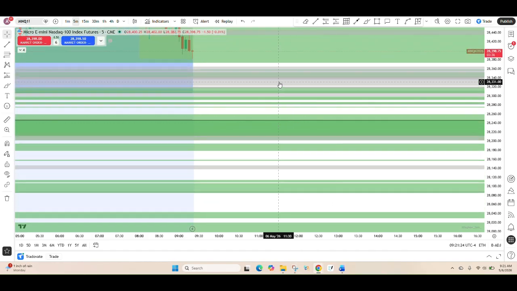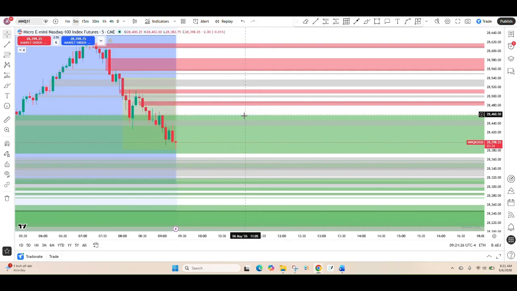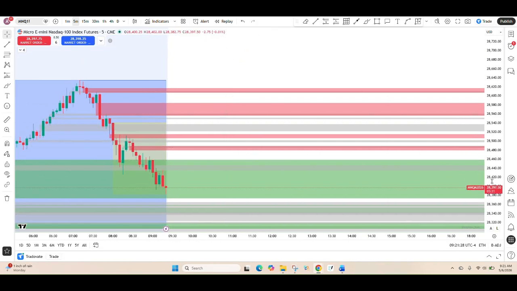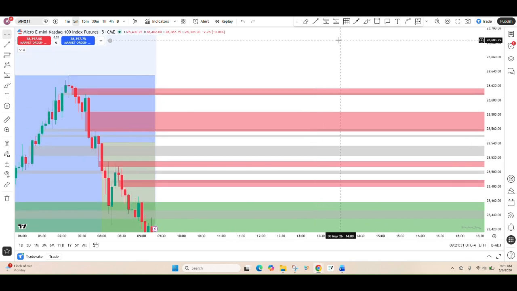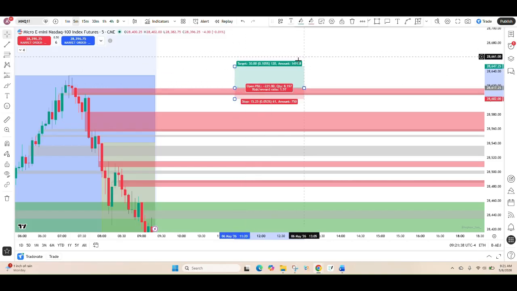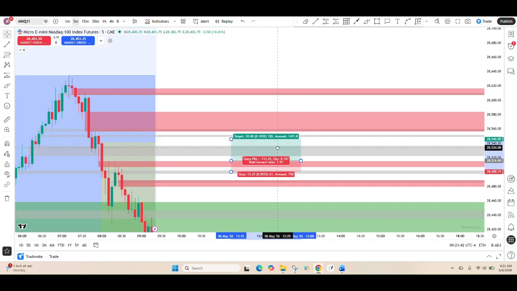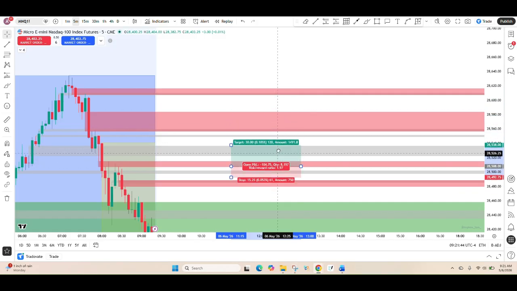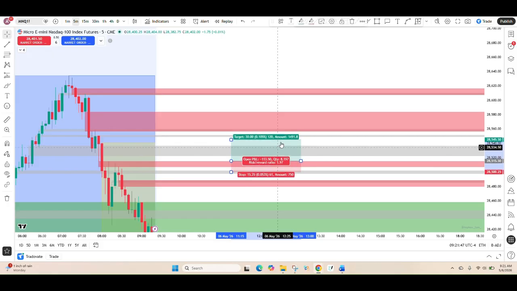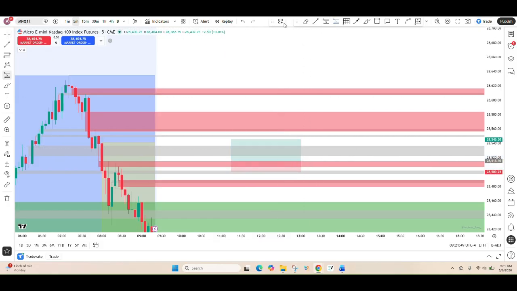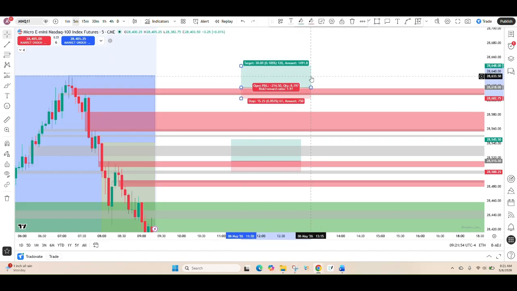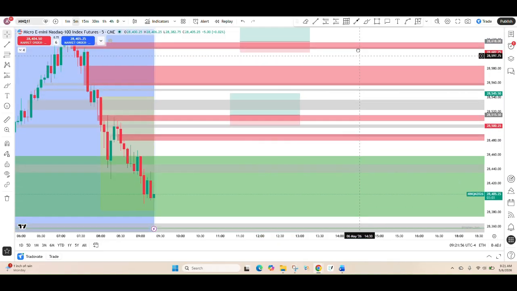On the 5-minute, we have a bunch of bearish fair value gaps. Let's see if we can get any of our entries there. All those are too short. Oh, that one we can do. Right, so we can do this entry right here. Or another long. We can do this one right here. So we have 2 longs.